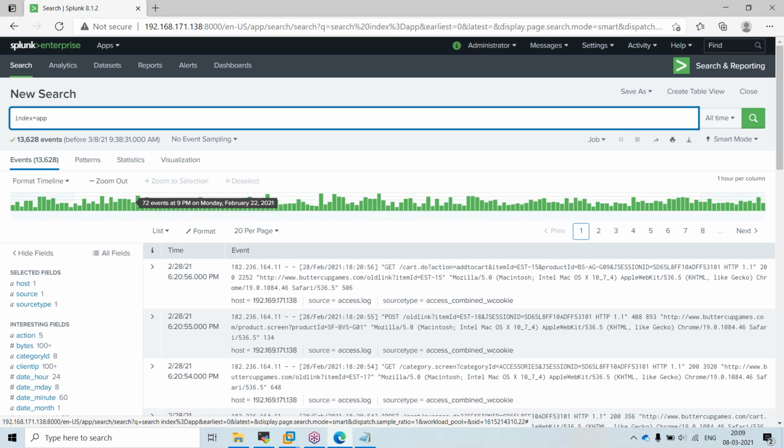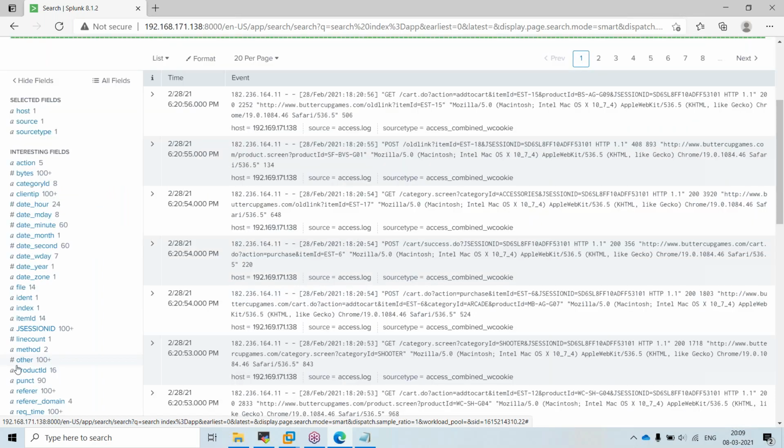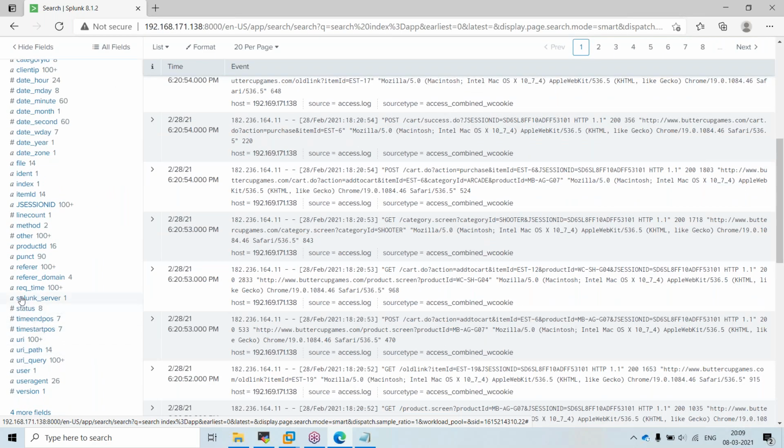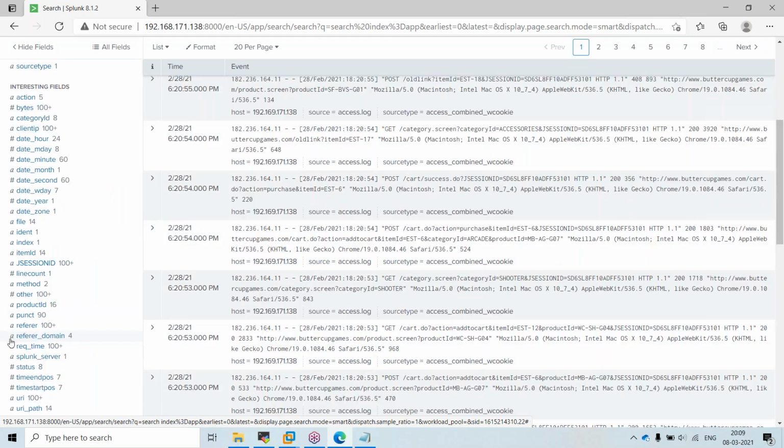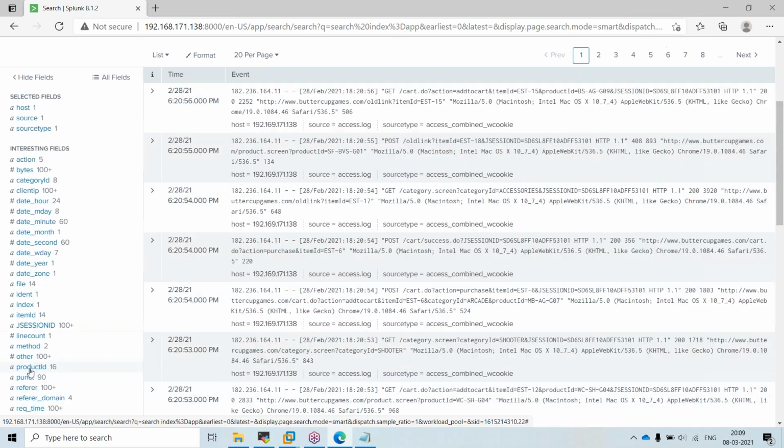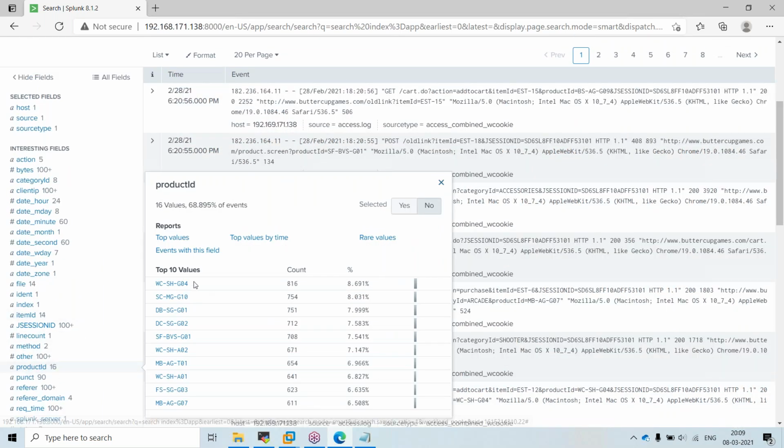Let us assume there are some product IDs. Now I want to select G01. There are two products here.